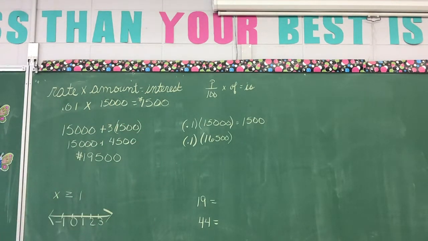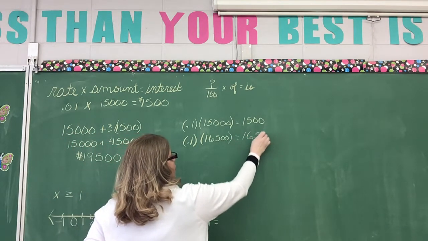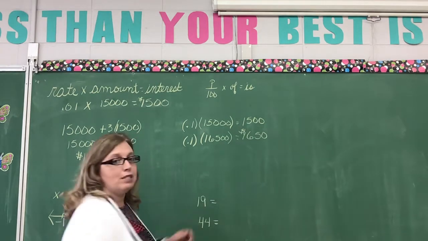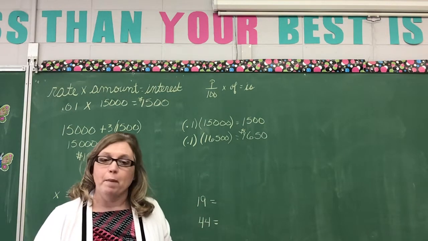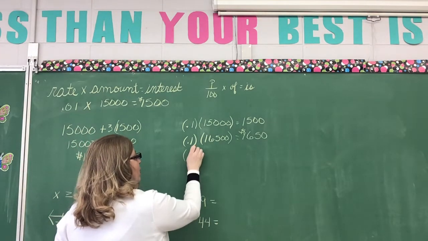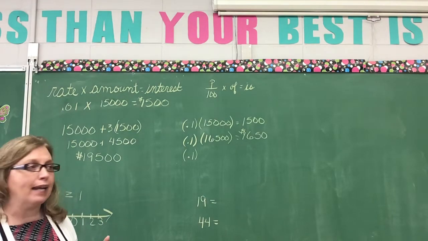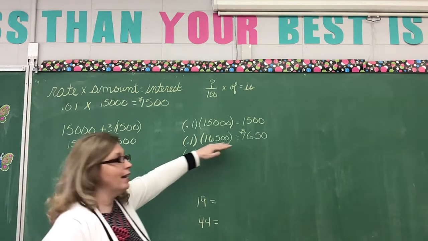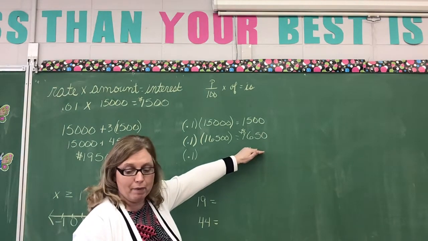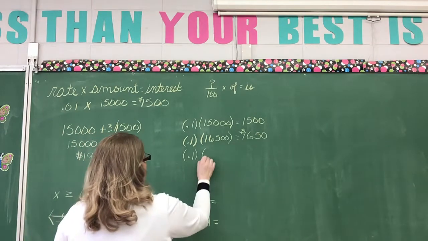So we're going to say 0.1 times 16,500 is $1,650. That's the interest he made the second year. But he's not taking it out yet, so we're going to multiply it again by 0.1. All right, but what's his new amount in the bank? This money's already in the bank. He's adding this amount of money, so his new amount of money is going to be